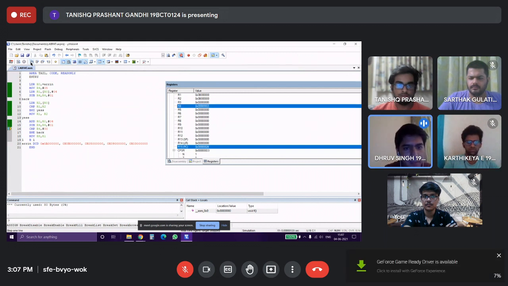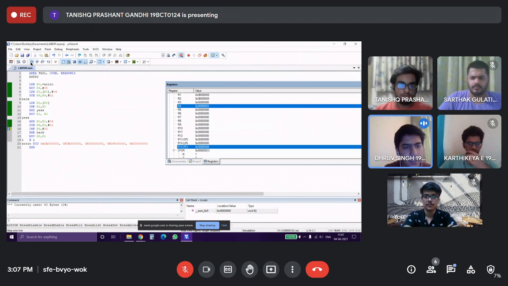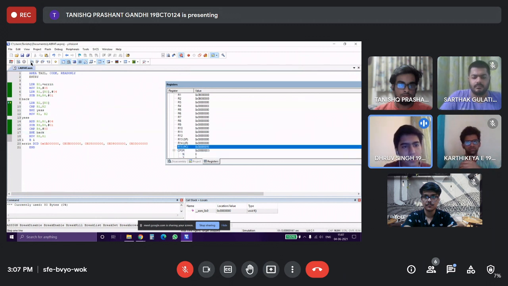As we can see here, similar to what we have discussed before, the bhi command, after comparing the values stored in R1 and R2, if the R1 value is greater than R2, we'll move on to the yes label, and if not, we'll replace the value stored in R1 with R2. All of this is being done so as to keep the maximum value between R1 and R2 in the R1 register.